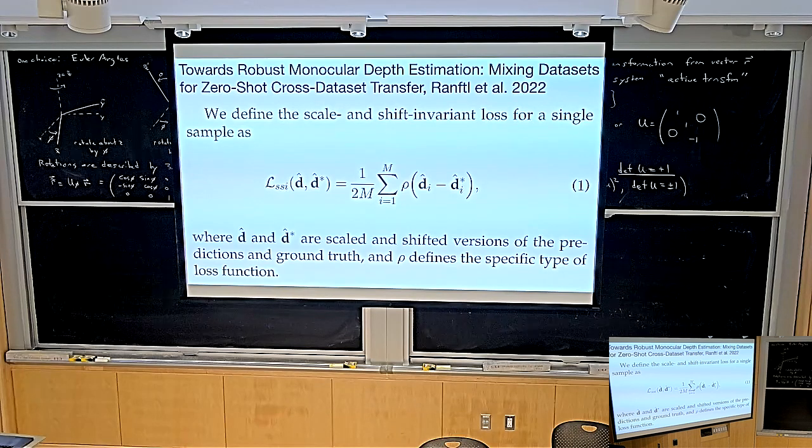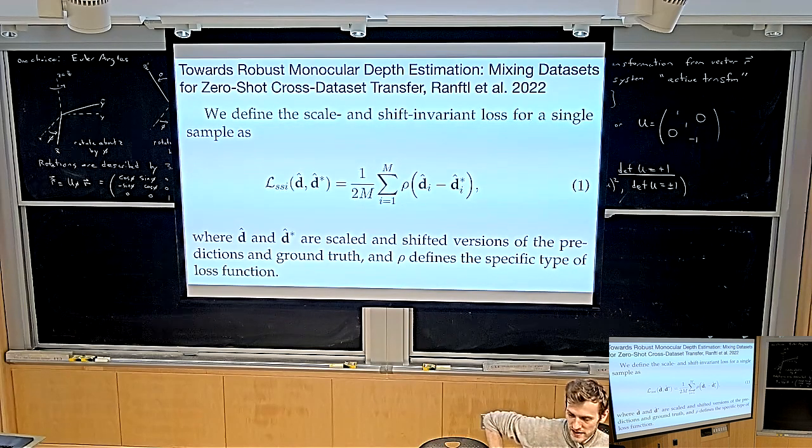Does it make sense? No. Okay, good. What is confusing? Please feel free to ask. Since this is the first time I give this lecture, I anticipate that it'll be a little bit short, so we have a little bit of time for discussion. So if you have questions, please ask. So does the motivation make sense, why we have to do this? Like, why do we have to build these losses that are scale and shift invariant? Yeah? Okay, so does this general idea make sense?